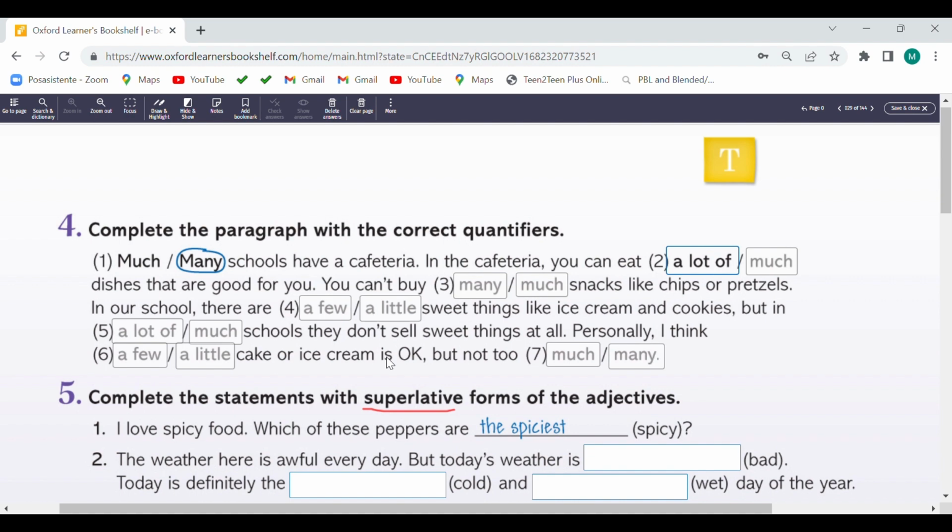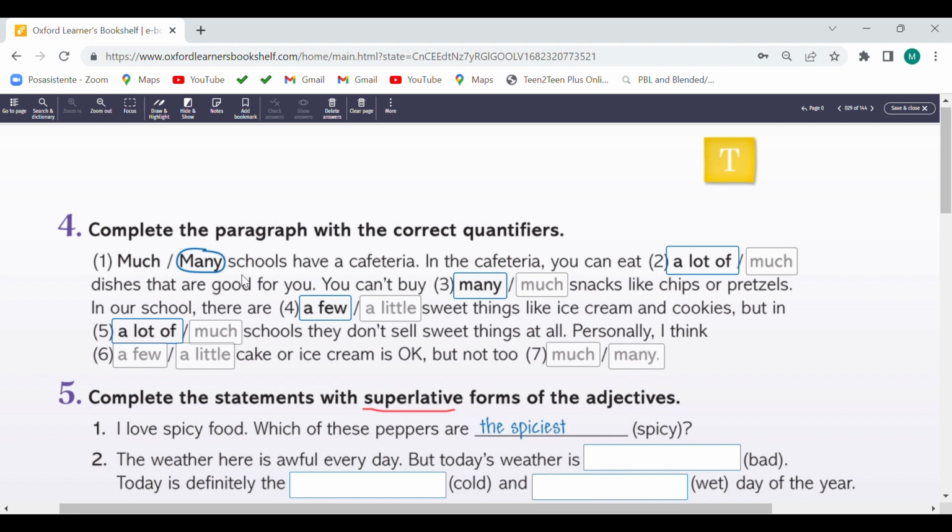That are good for you. You can buy many or much snacks? Many, porque se puede contar los snacks, like chips or bracelets. In our school, there are a few little sweet things. A few, like ice cream and cookies, but in a lot of schools, they don't sell sweet things at all.